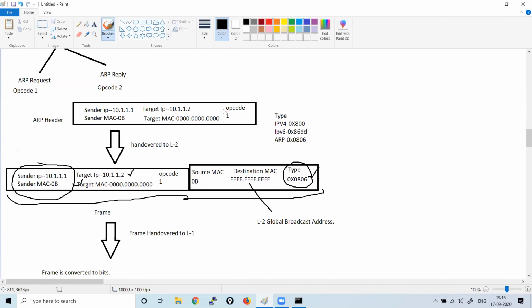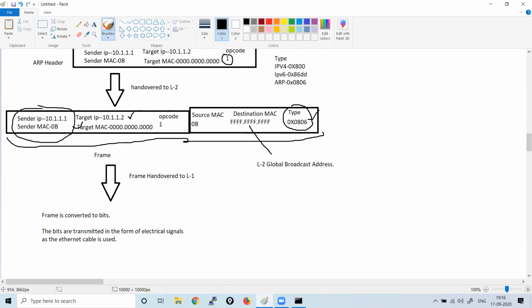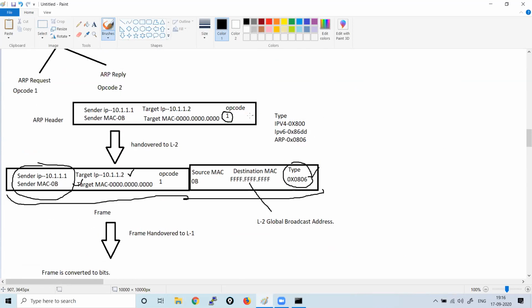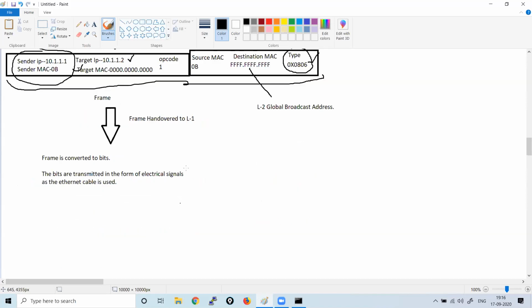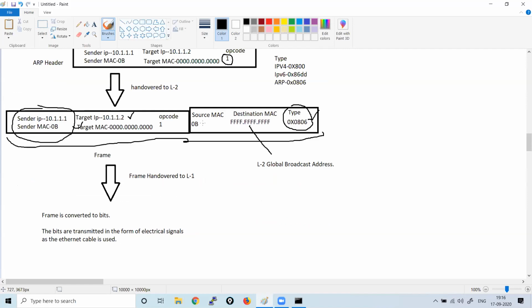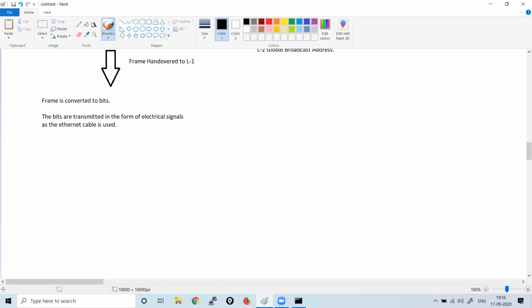Opcode. Okay, so this is an ARP request. So I need to generate what? An ARP reply on behalf of this ARP request. Now, what are all the fields which are changed for the ARP reply? Opcode and destination. Target IP addresses will be vice versa. Now, sender MAC, sorry, sender IP firstly. Sender IP would be this time